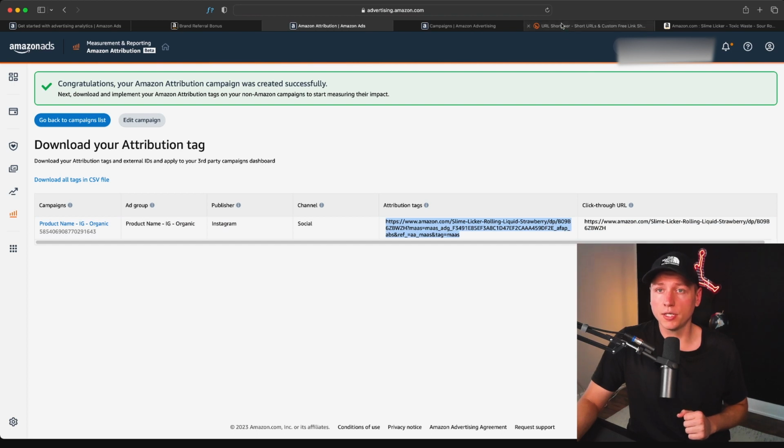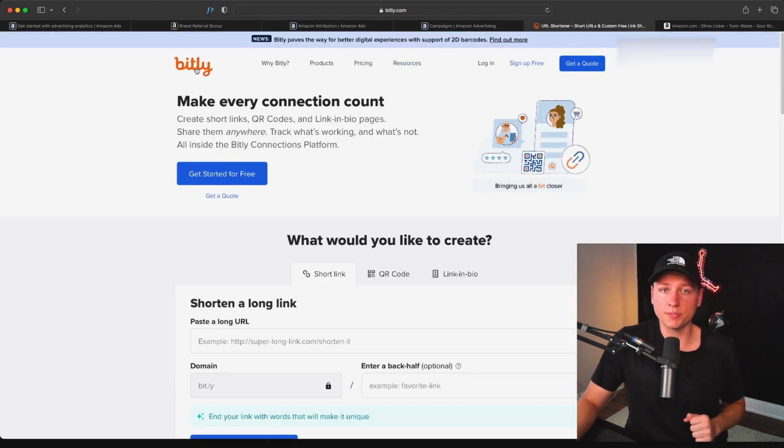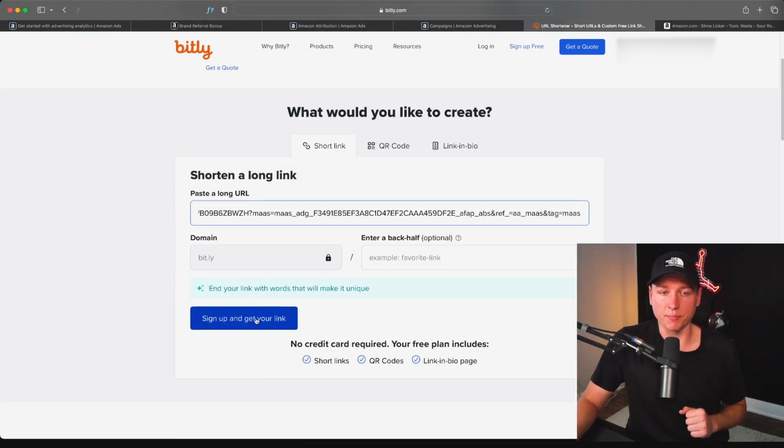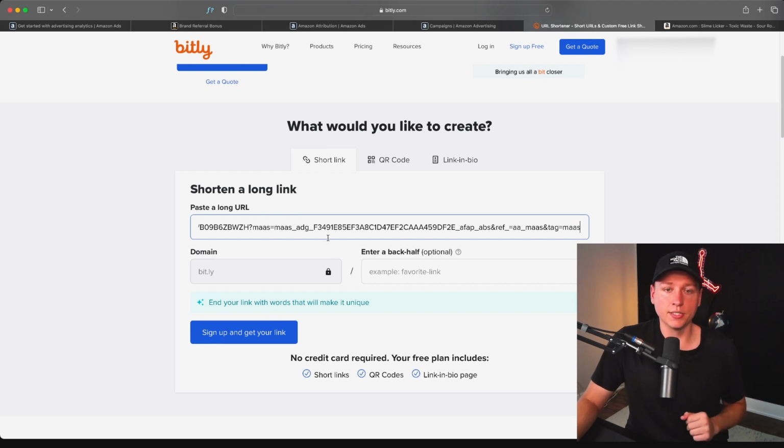So if that bugs you, take it to a URL shortener. Bitly is my favorite here. You can literally log in, make an account for free. You can even probably just do it right here, right? So if I paste this link here, no, I guess you got to sign up and get the link here. But again, it's free, guys. So this will actually shorten it to a Bitly link that's maybe just like 20 characters long to keep things